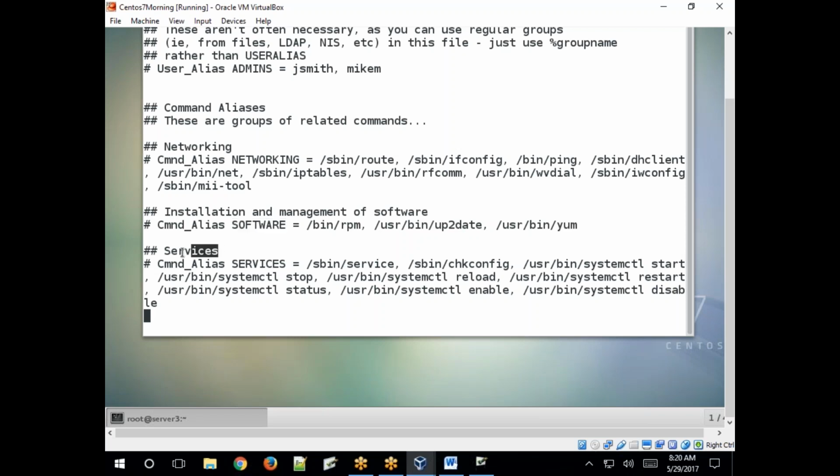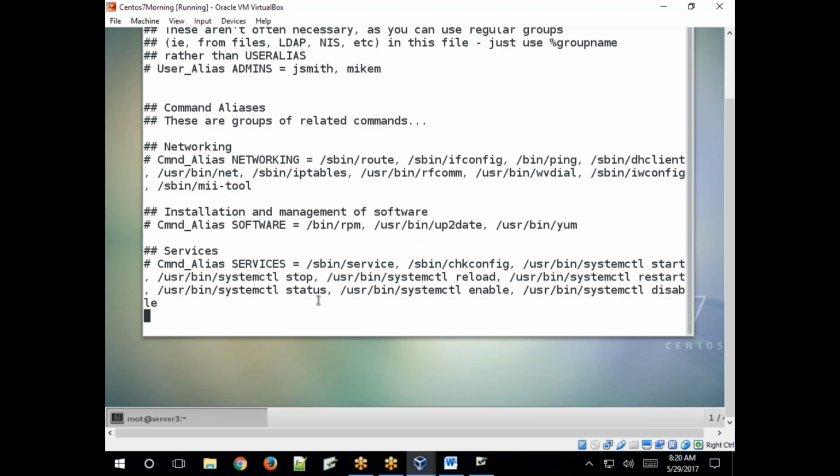For service-related alias commands, see, these are all service commands: to start the service, to reload the service, to stop the service, check the service status, and enable the service at a particular time, at boot time, when the system powers on. If you turn on any particular service, that service will be started at boot time.